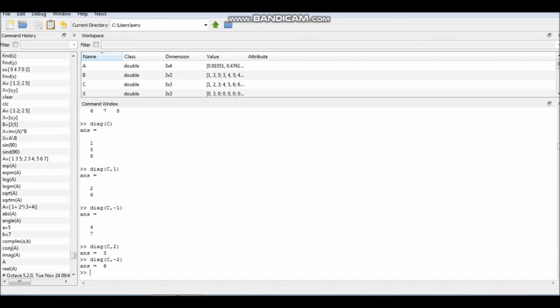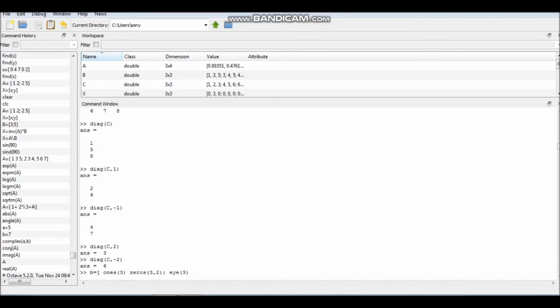Now let me generate a matrix, let us say B, with the help of all the commands I have mentioned. I will take the ones matrix. Ones 3 means this is a 3 cross 3 matrix. Then I will write zeros 2. It means this is a 2 cross 2 submatrix of matrix B. Then I will go to the next block. I have to write zeros 3 comma 2, because in the first ones command I have 3 rows, so here also I should have 3 rows. So there are a total of 3 rows and 5 columns till now.